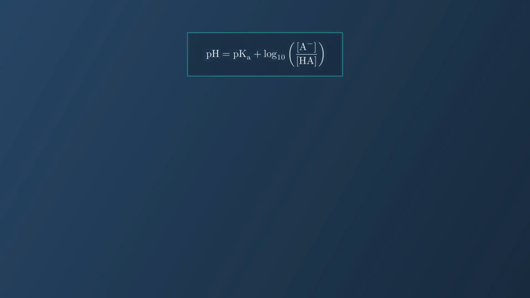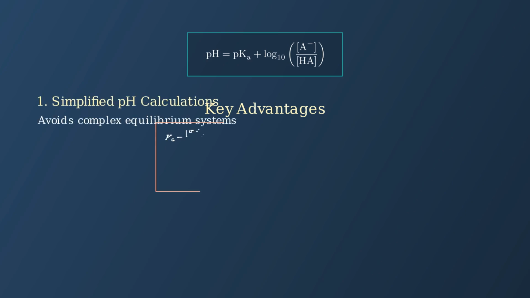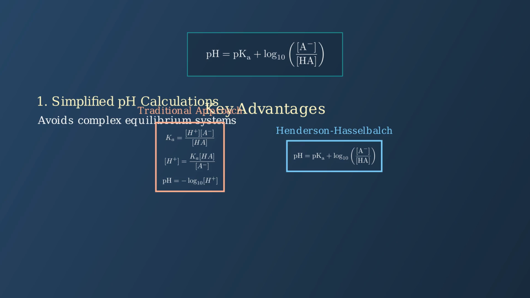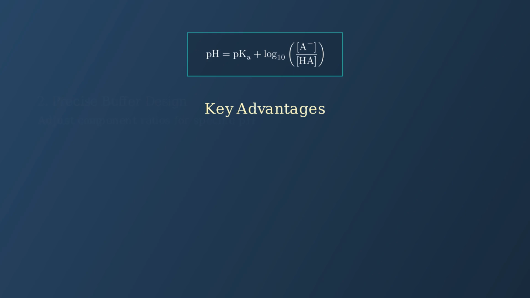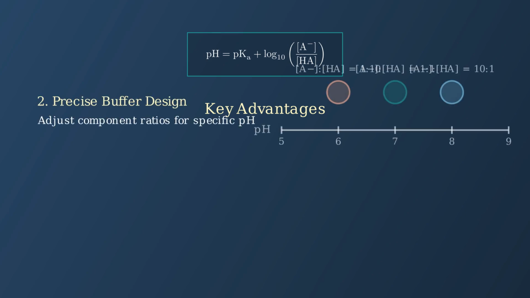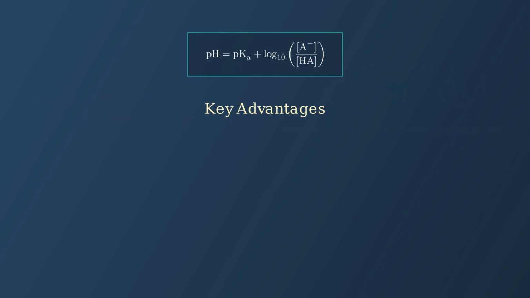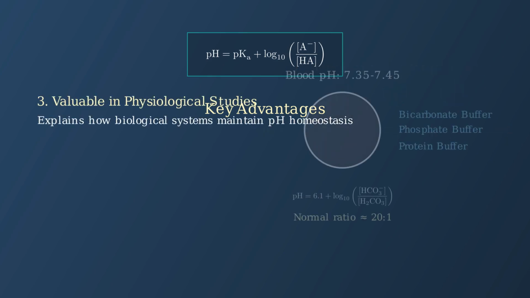The Henderson-Hasselbalch equation provides several significant advantages in understanding and working with buffer solutions. First, it simplifies pH calculations by offering a straightforward method without requiring complex equilibrium calculations. Second, the equation allows scientists to design buffer solutions with precise pH values by simply adjusting the ratios of conjugate base to acid. Third, it's particularly valuable in physiological studies, helping explain how biological systems like blood maintain pH homeostasis